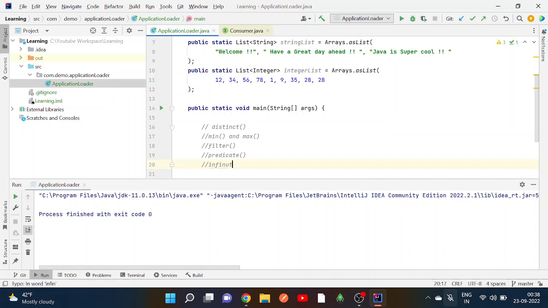infinite stream and the limit method. Okay, so these are the things that we are going to learn today, and for this purpose, we have considered